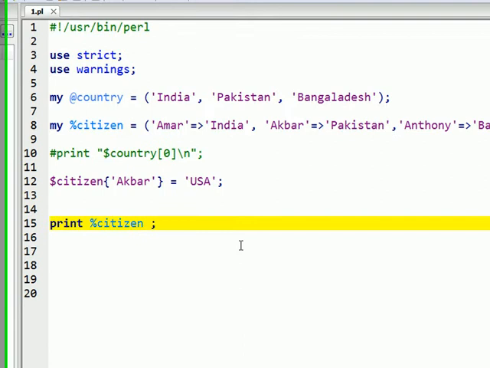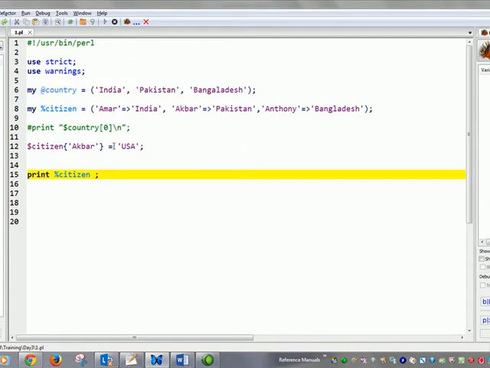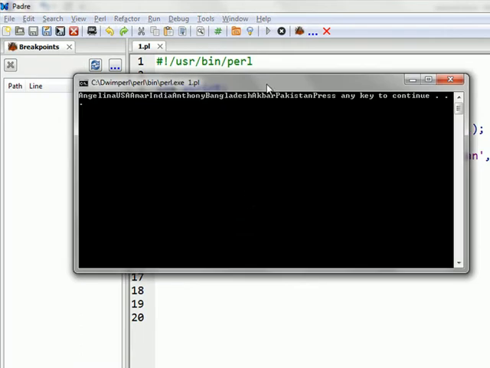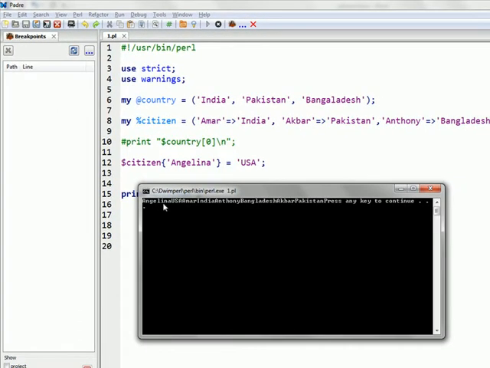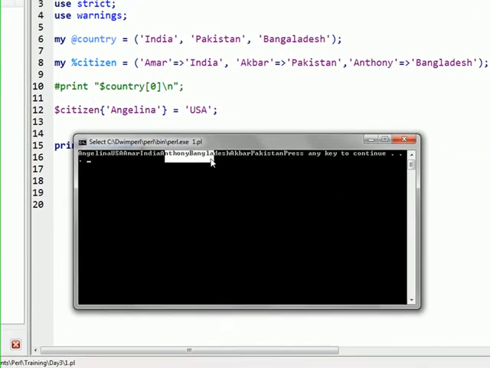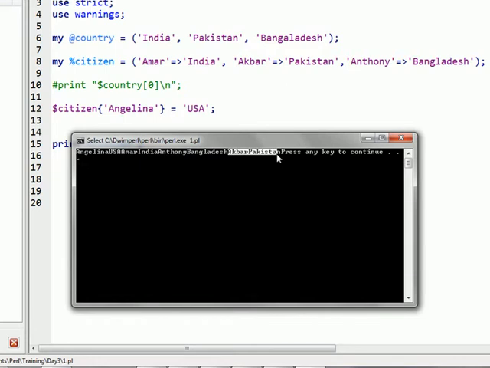So what we see is that if we try to give a value to an already existing key, it overwrites it. It doesn't matter what was there previously, it overwrites it. But what happens if I give a new key, Angelina? If we run it, we see Angelina, USA, Amar, India, Anthony, Bangladesh, Akbar, Pakistan.